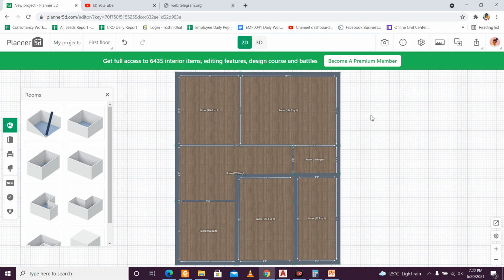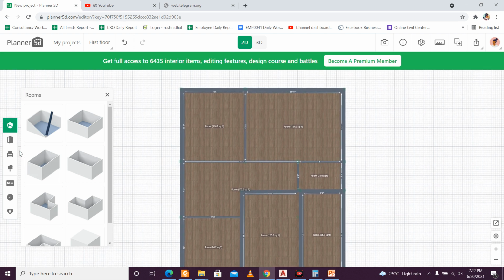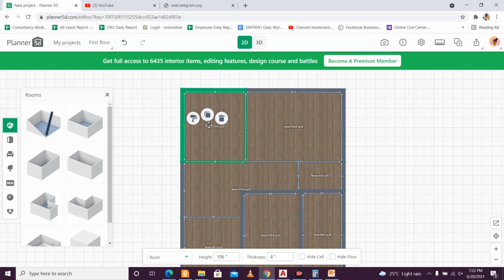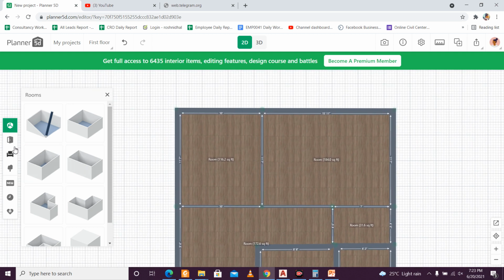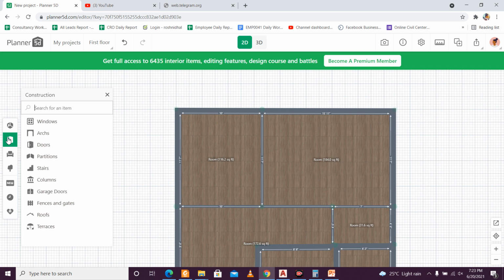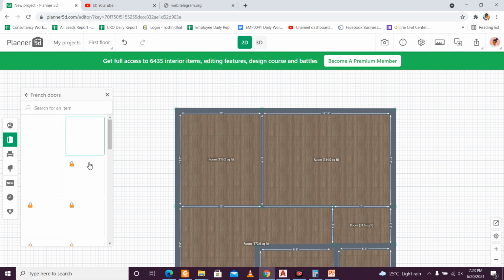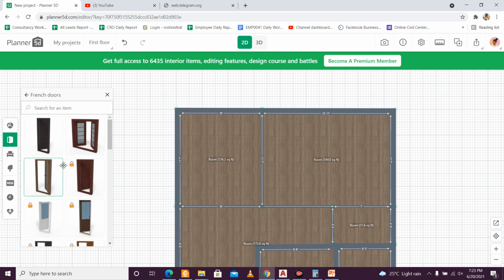So let's place some components and let's get some realistic feelings. Let's see what are the components which it has. So here, can I rename this? I think I have to figure out how to rename these components. Okay, let me just go and take some components here. There are doors and windows, so let me place a door here. So room doors we want, let's go for French doors, and we have these types of doors.